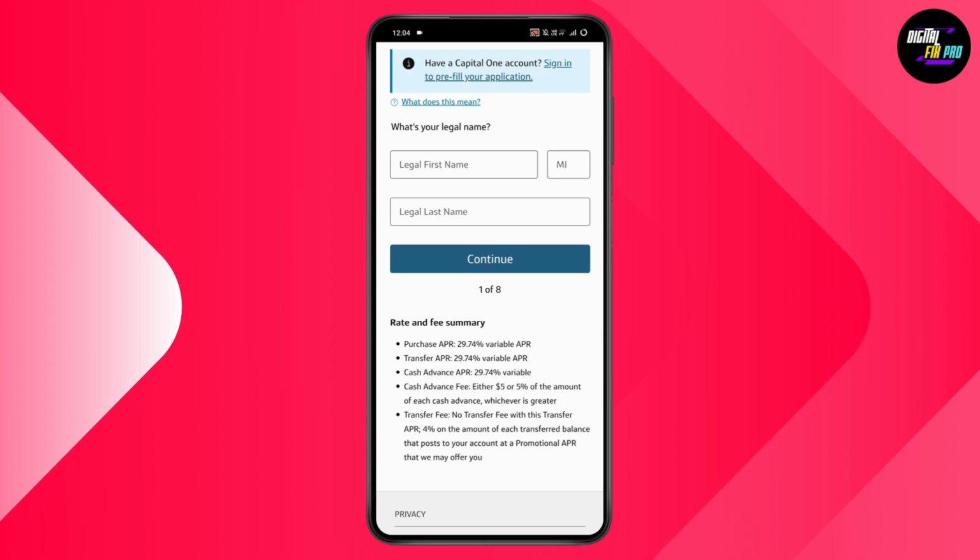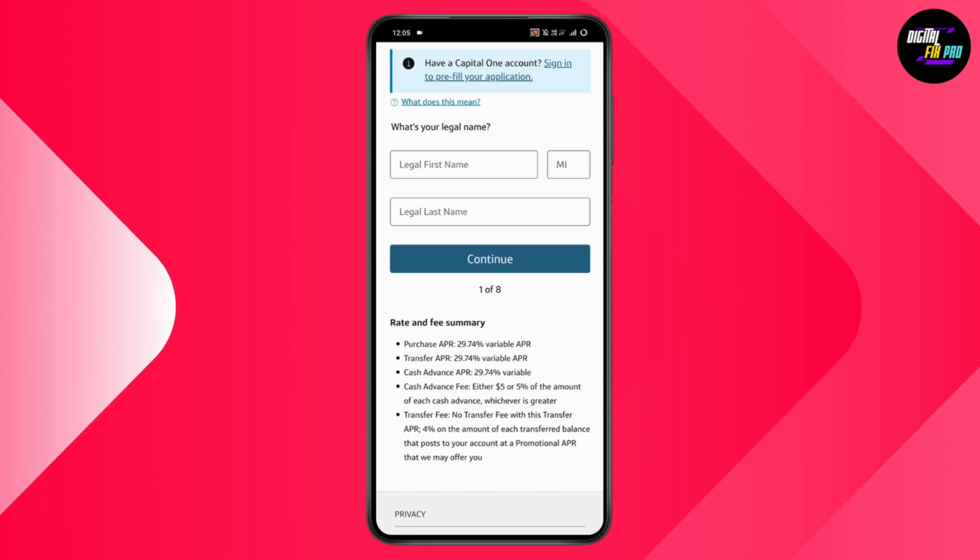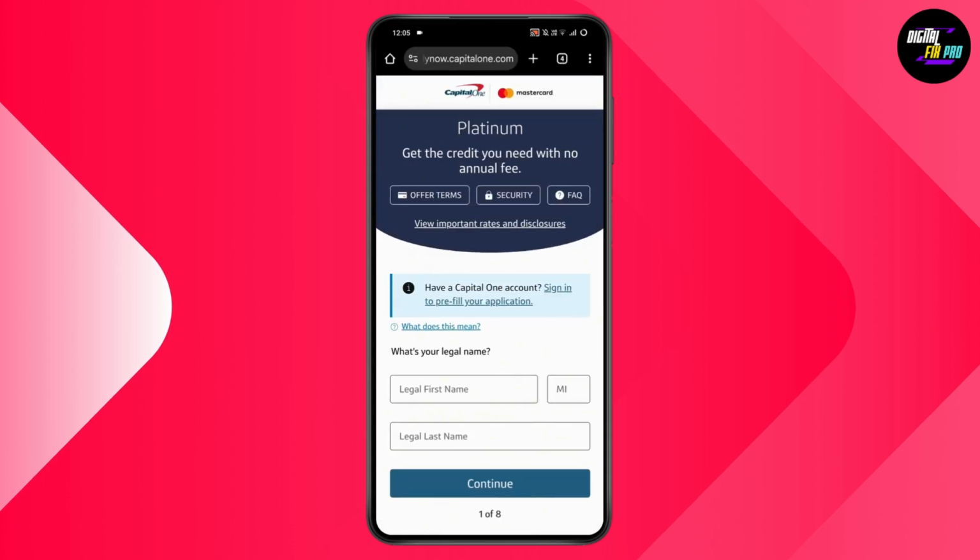After that, you need to enter your date of birth and then your social security number and your residence and important disclosures. You need to enter your information, and after that your terms and conditions. You need to accept the terms and conditions, and once you proceed with the following steps, then you'll be able to apply for a credit card